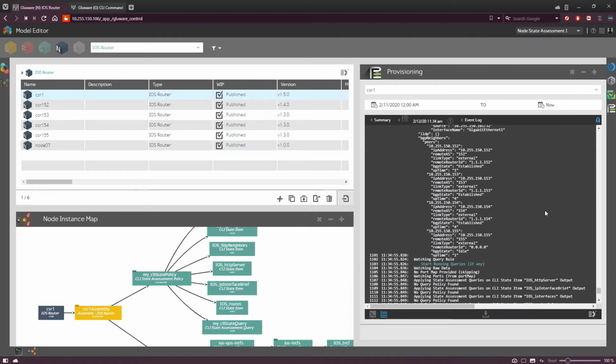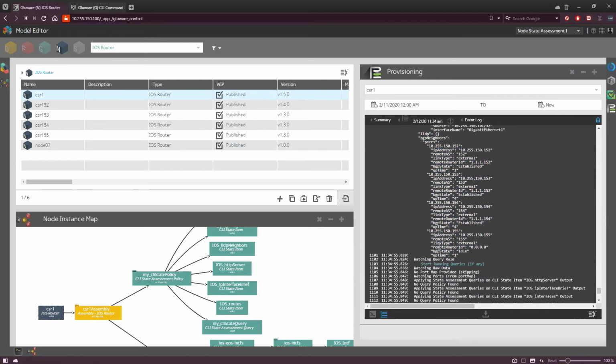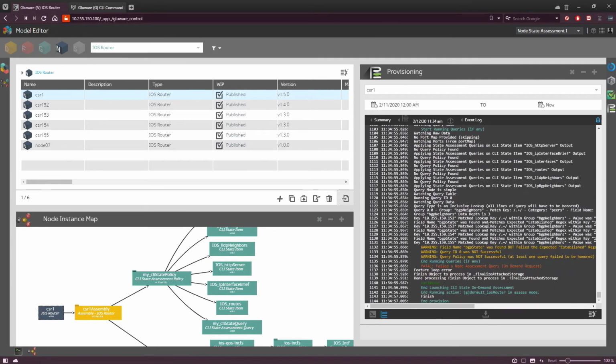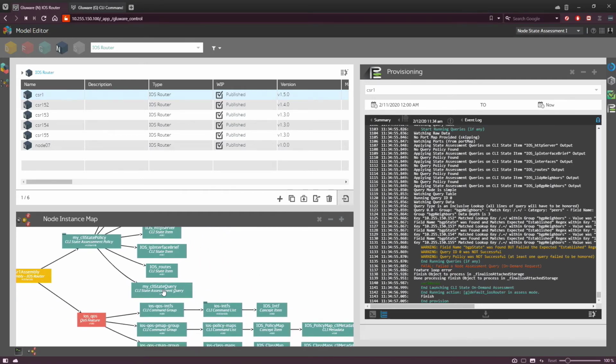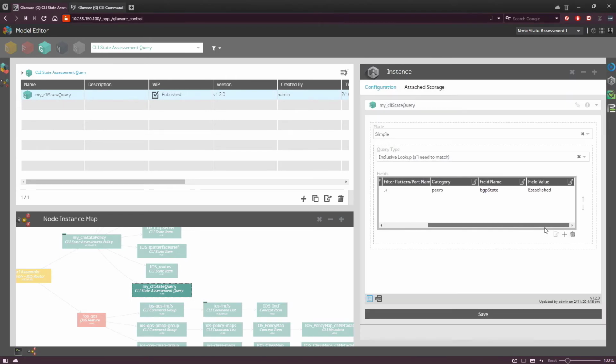That's exactly what happened here. I have all this data here, but guess what? This particular one here is down. So what I was able to do, and again without coding, is apply a query to some of that data and say, I want to make sure that within my peer section, BGP state is established. So I have a way to associate a query for every item that I am